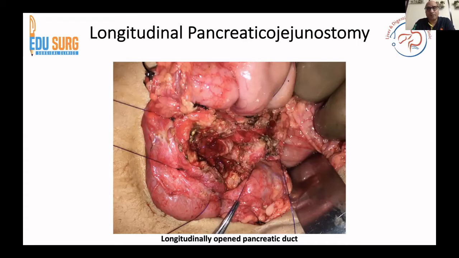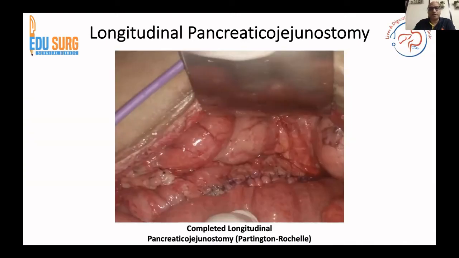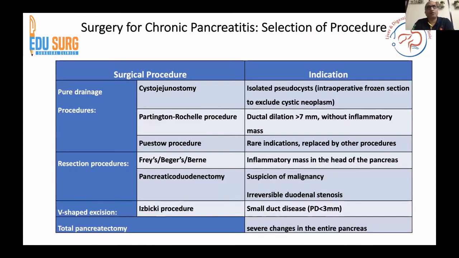One of the problems we were wondering was whether there is also a malignancy, because normally the larger the duct dilatation, the more chances of malignancy being there. We also were not sure at this point whether there is an IPMN harboring somewhere. Anyway, at the end of the day, this is what we did, and he had a follow-up after around 6